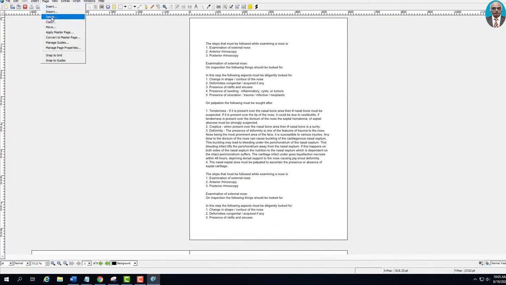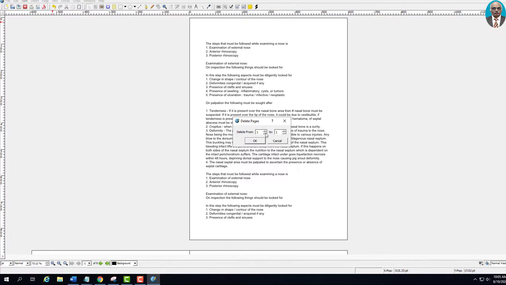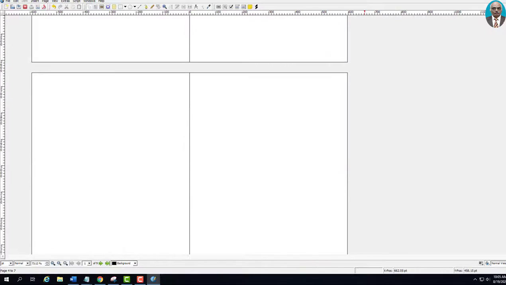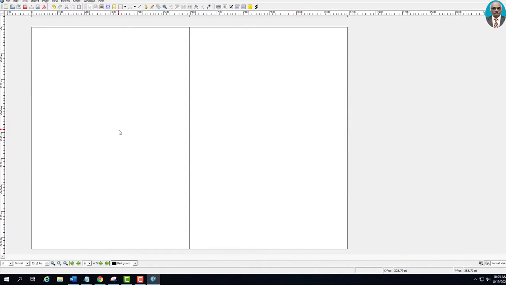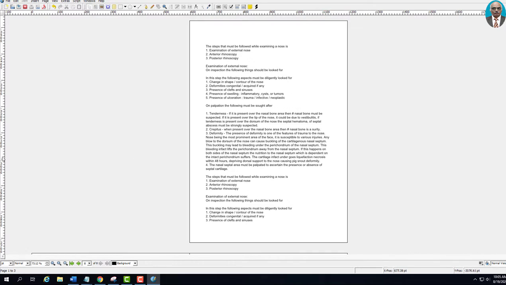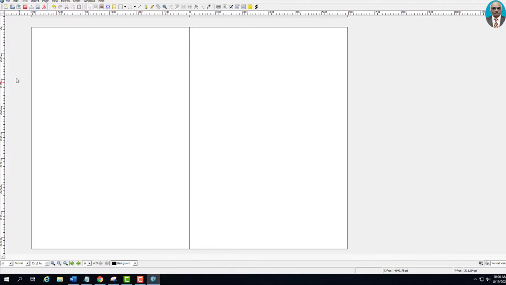Then going to the page menu, you can delete a page. Supposing you want to delete a particular page, say for example you want to delete this page, you select this page, go to page and delete. It will say delete from 8 to 8. If you give delete, the page will be deleted. That is how you delete a page. And then you go to copy. Supposing you want to copy a page, the same page can be copied. Copy page 8 at the end. You copy, and the page will be copied.